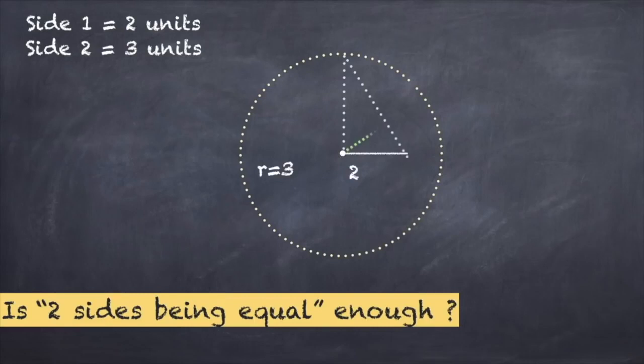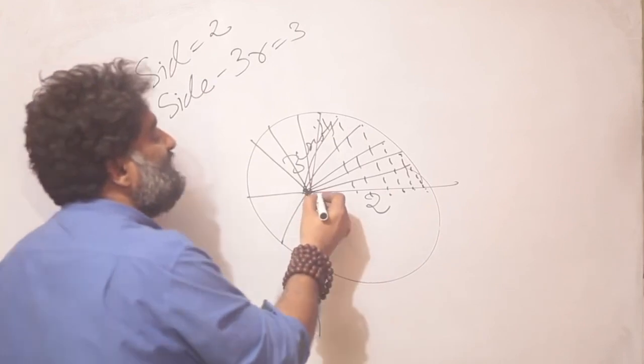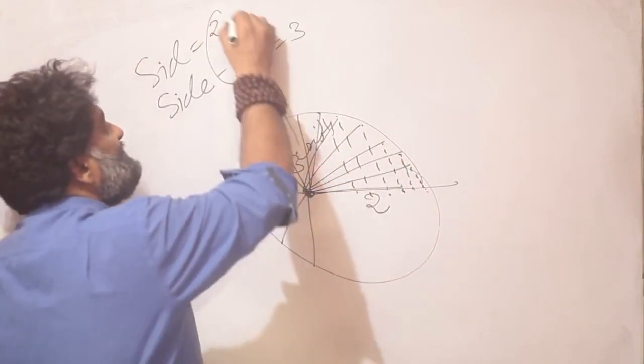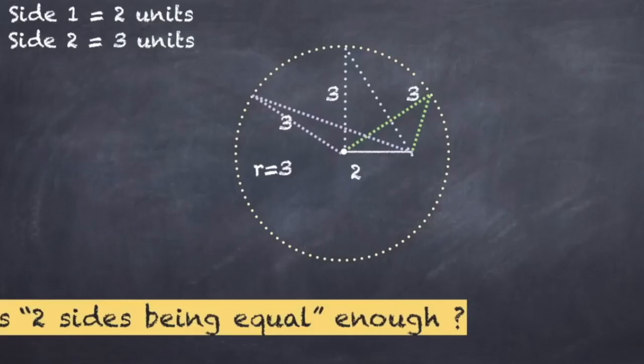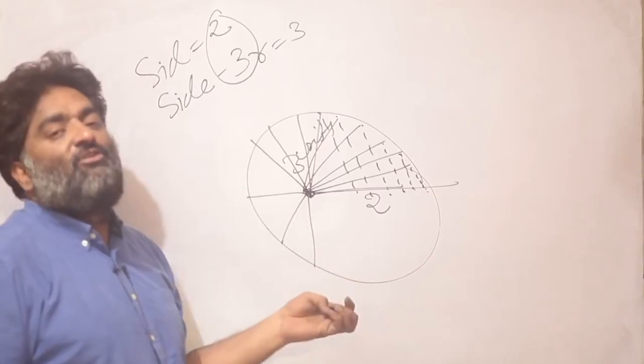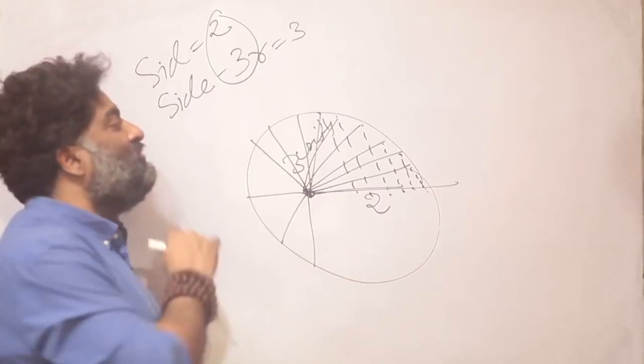But each of them will give you a different triangle, right? So these triangles are going to be different in shape and different in size, so they are not going to be congruent. What I also see is that with these two pieces of information on the same base, I can create multiple triangles of different sizes and shapes, and therefore this information is not enough for me to establish congruency between two triangles.